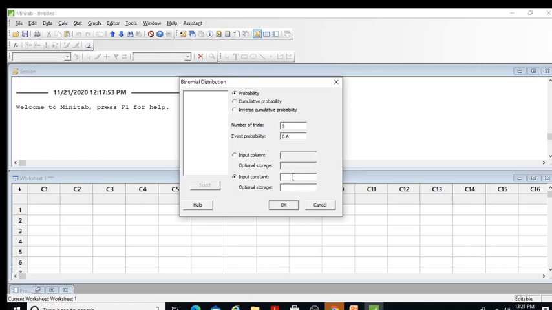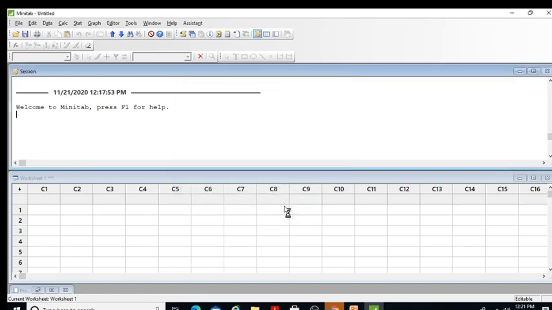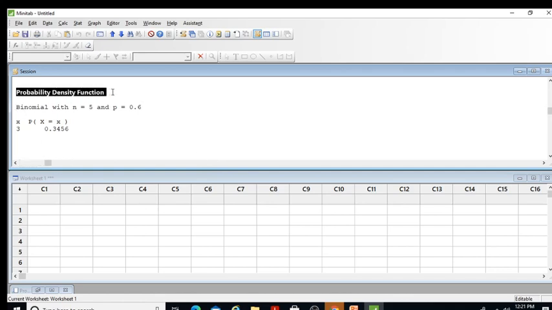For example, my constant is, I'm interested in calculating the probability when x equal to 3 number of heads are coming. So my x comes out to be 3 here. So this is I taken as an input constant. So if I do this, I have an option of optional storage, where I can store it on a worksheet. But let's say I want to see it on a session window. So if I just click OK here, I will be able to calculate with binomial probability density function with number of trials are 5 and probability of success is 0.6, and my x is my random variable, and when x equal to 3, your probability would be